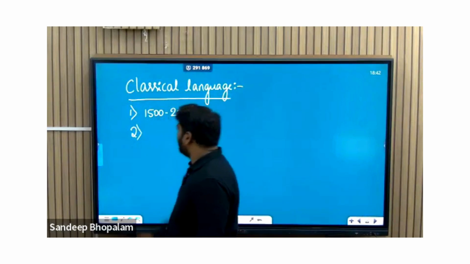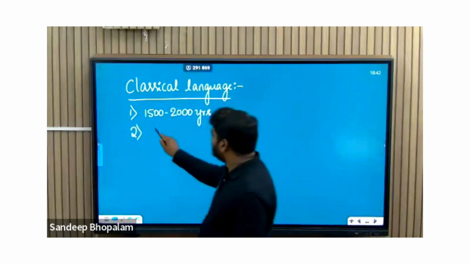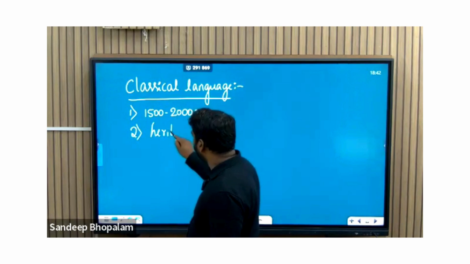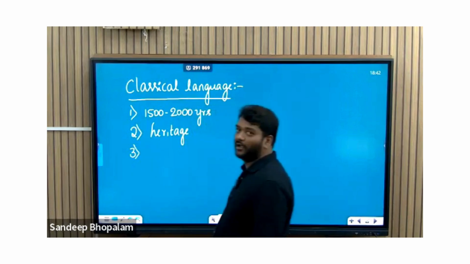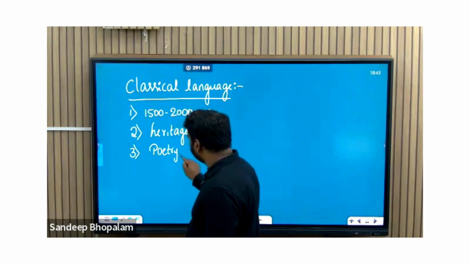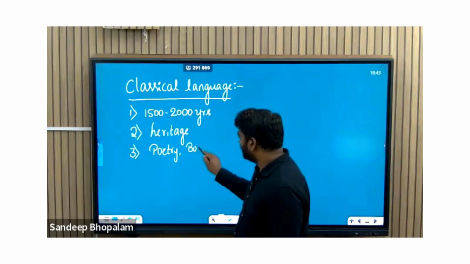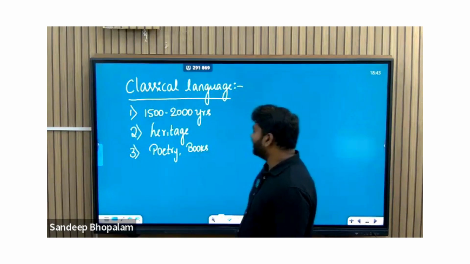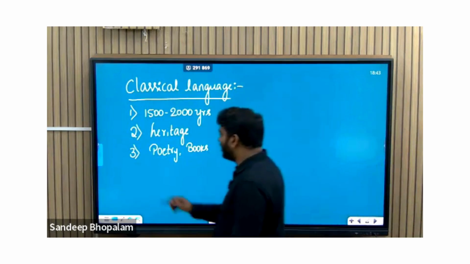Second, it should be a very important language which has a very high heritage, spoken for generations, right? And it should be in the form of poetry, in the form of books, stories. That language should be used in poetry, books, and all. Then it will have priority. And then,